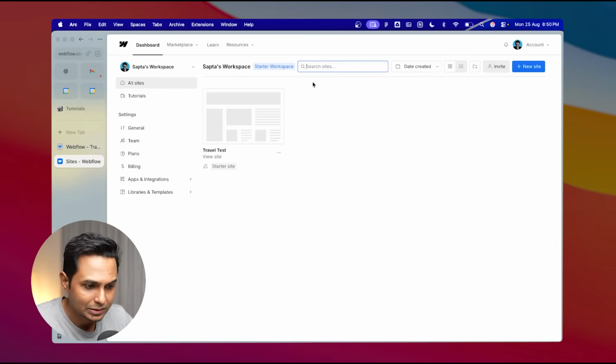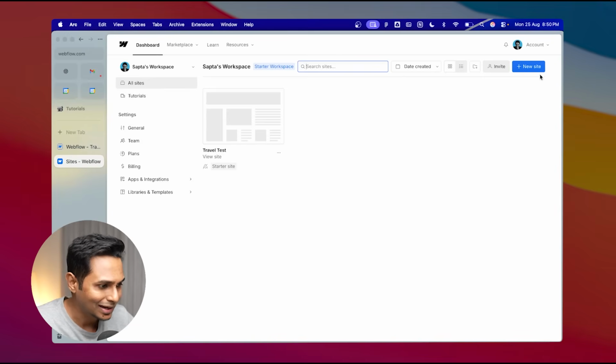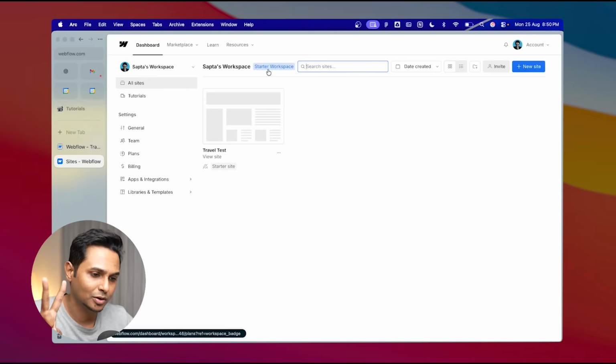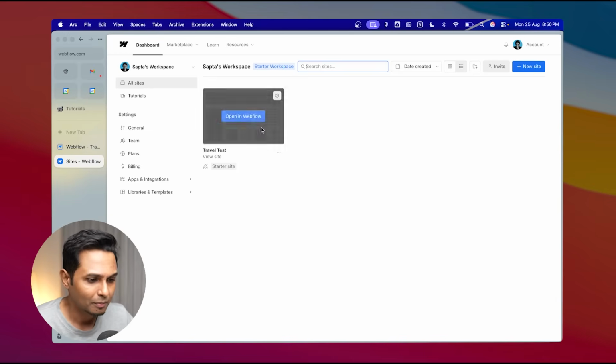So here we are. This is the dashboard of Webflow. You can create a free account using your Google ID, Gmail ID, and you will land on a dashboard which looks like this. This travel test is nothing but the one which I had made to try out before making this video. So I can go ahead and make a new site here. In the free or the starter workspace, you can only have two websites at a moment here. So you can keep deleting the old ones to create more, or maybe you could publish, but okay, no,